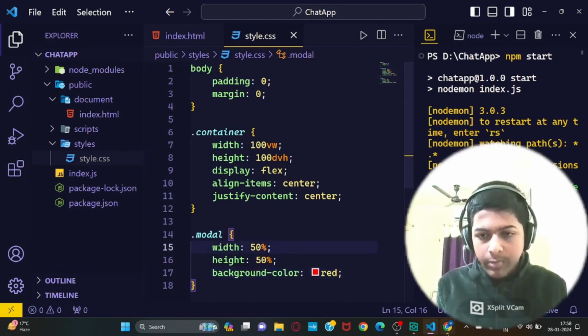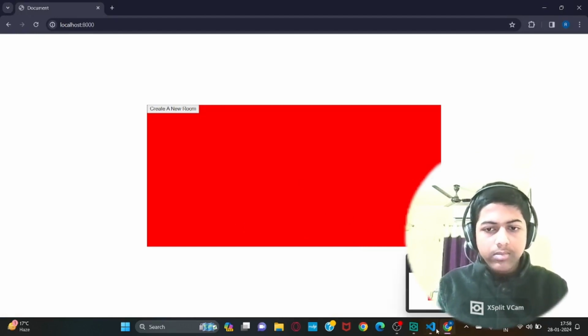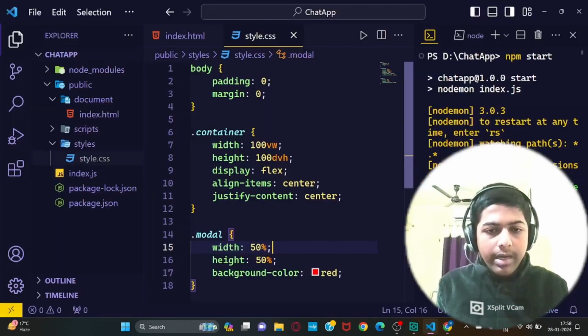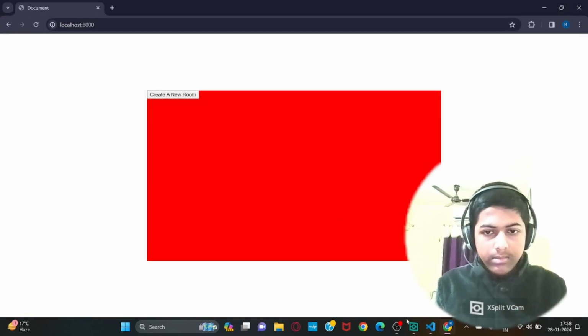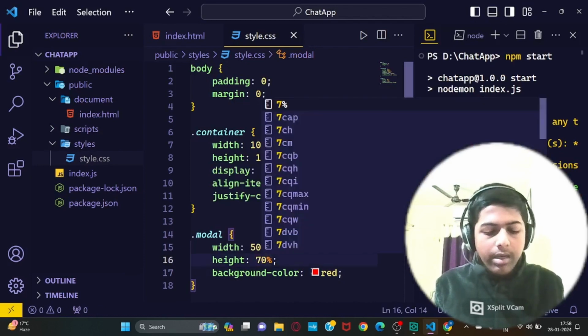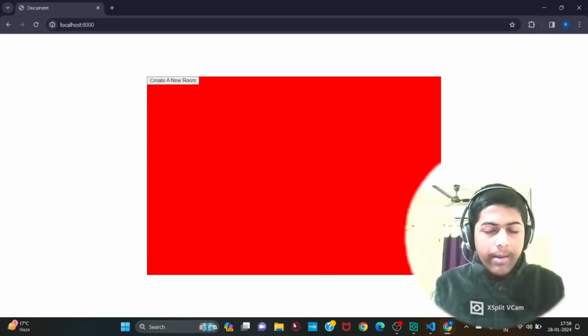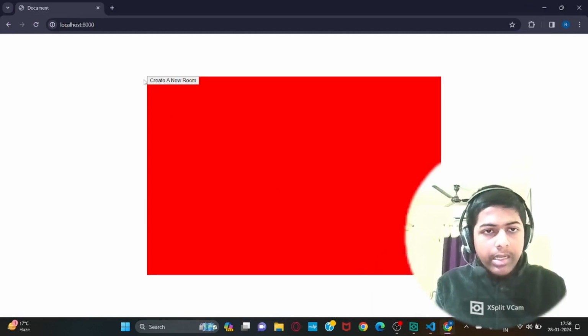Let's save this thing. Okay, let's get back to the project. If I just reload, you can see here is the model. Okay, let's increase the height a little bit. Let's say 60%, or let's say 70%. It may be fine. Yeah, now it's fine. Now what I will do is I will simply center this button, create a new room